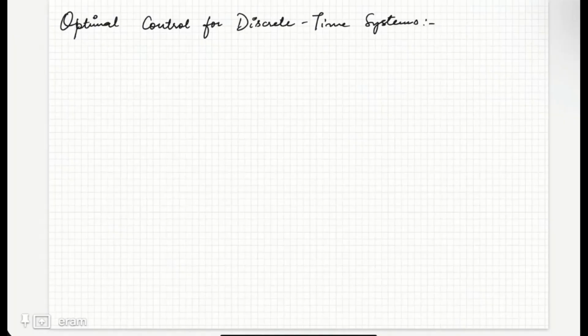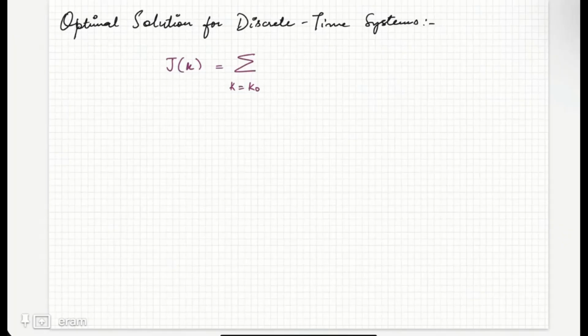Or instead of optimal control, let's focus on optimal solutions, because control we will not derive for this course. So optimal solution for discrete time systems. Now suppose the cost function which is given to us is given as,